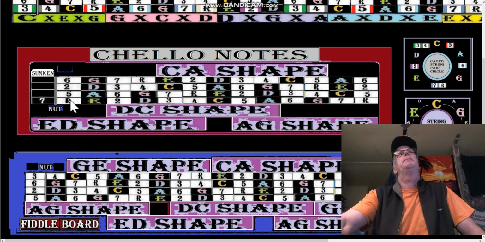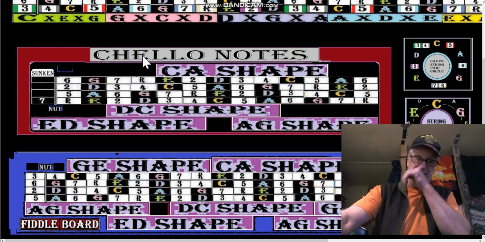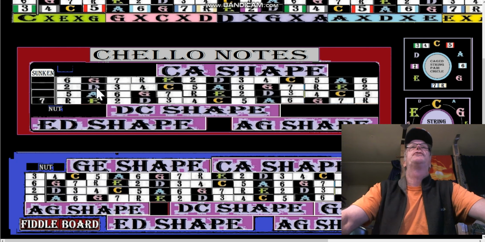Whatever. Let me make sure that's correct. It goes E, A, and then the second of E. Geez, this might be in the key of C. That would be D, and that would be G. I'm not saying that I've got the cello notes right, but I'm saying we've got the same system here,